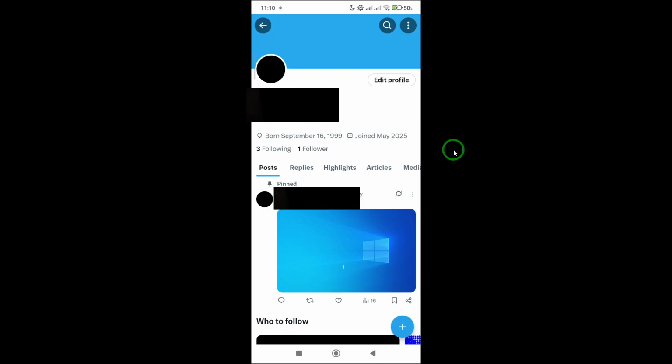You can always do that by finding any post you've written, tapping the three dots in the top right of that post, and selecting Pin to your profile. Once pinned, it will immediately show up at the top of your profile page for you and others to view,